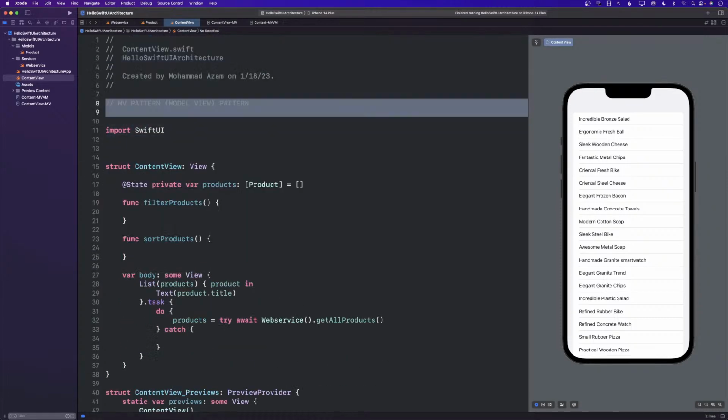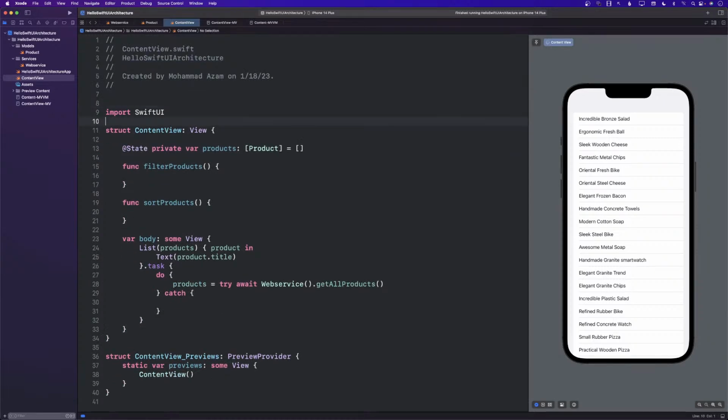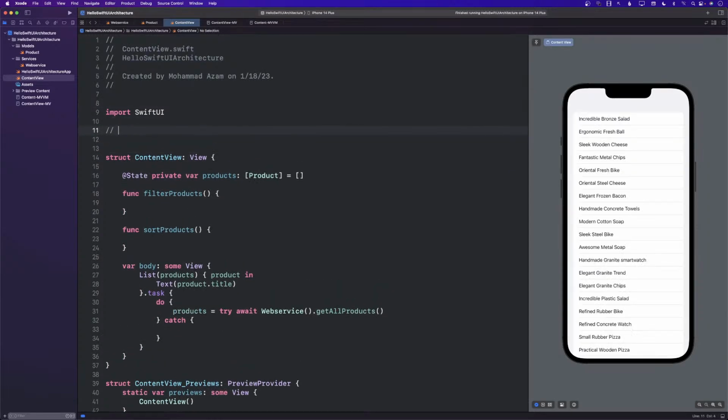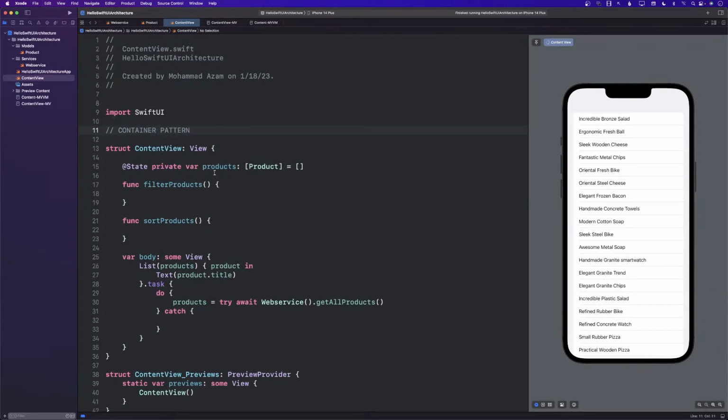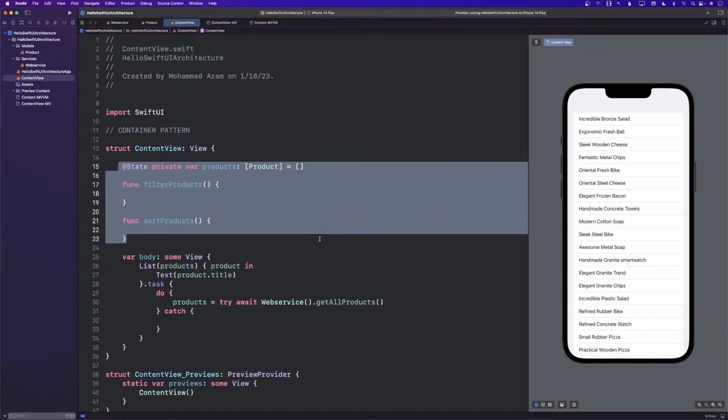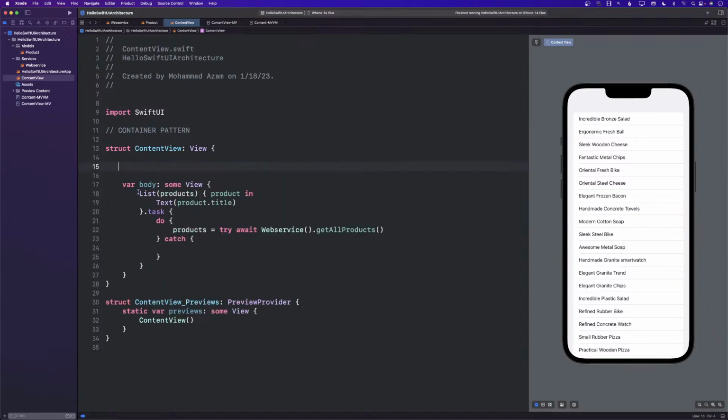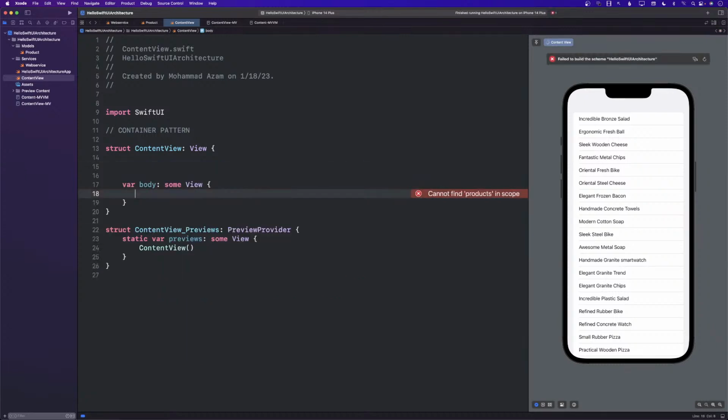Actually, this can become quite a good segue for us to talk about, let me go ahead and remove this code, something called the container pattern. Container pattern is very, very common in React applications, in React projects. So let's go ahead and see what we are talking about when we talk about the container pattern. It's actually very similar to the code that we have already written, by the way.